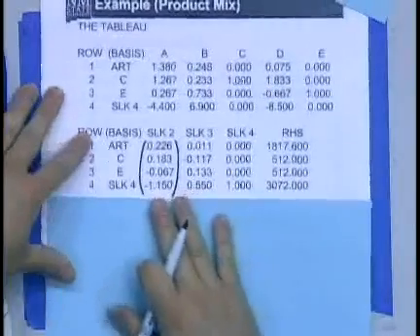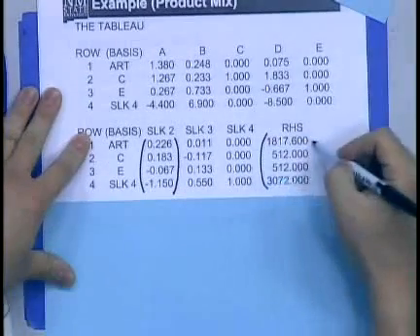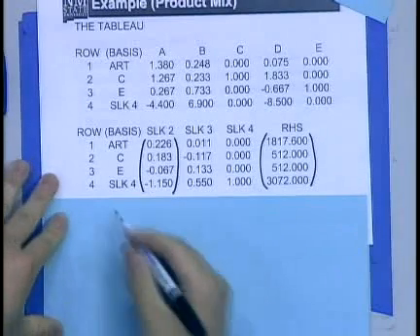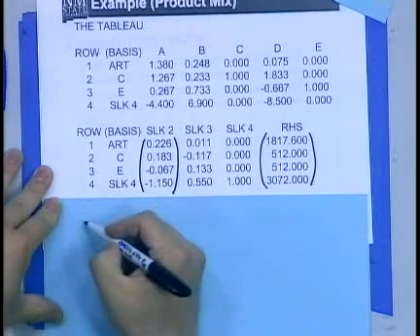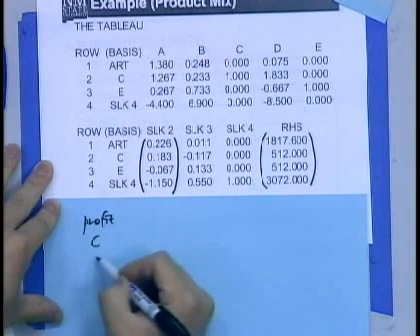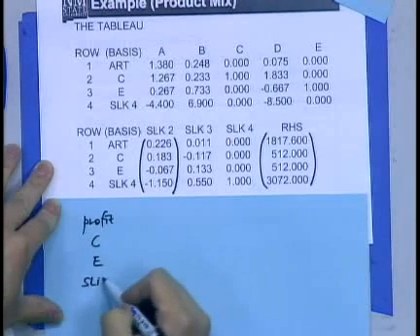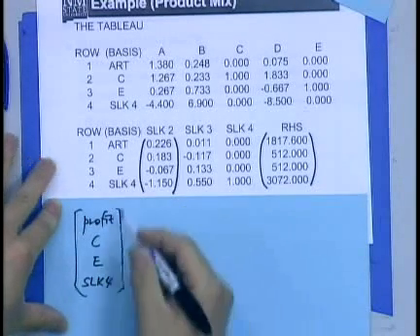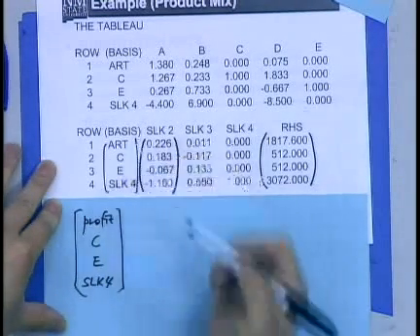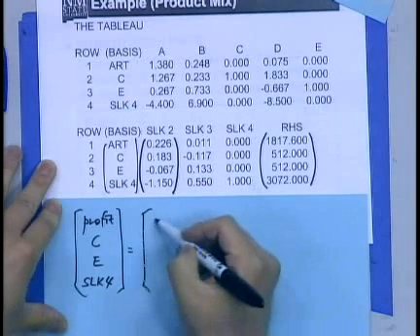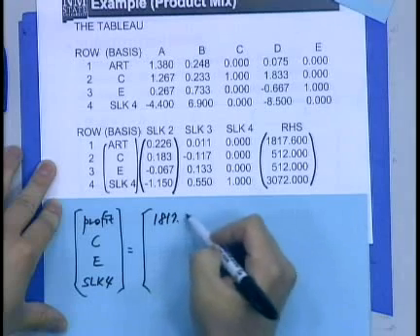So using these values and the current right-hand side values, we can compute profit. The current bases are slack 4, right? Those are the current bases from here. Current right-hand side values